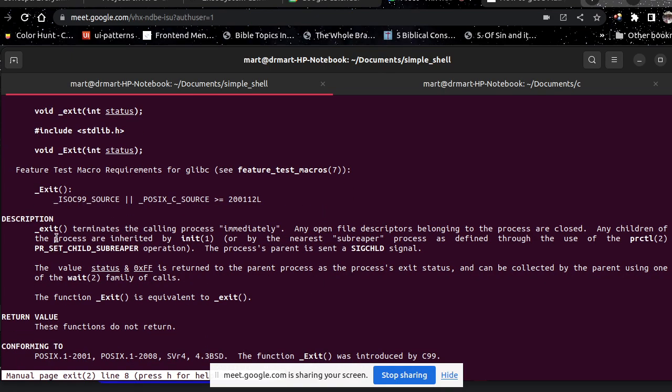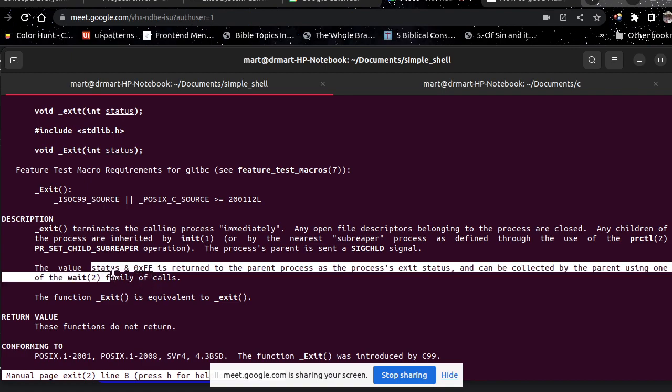So exit terminates the process immediately, and any open file descriptors belonging to the process are closed, and any children of the process are inherited by init or by the nearest subreaper process. So the value, status, is returned to the parent process as the